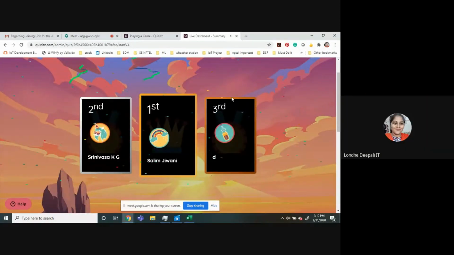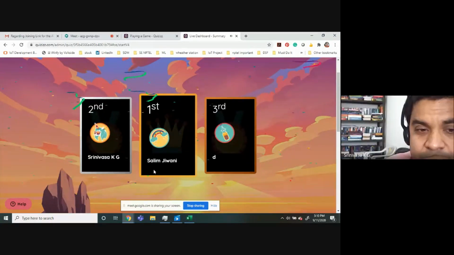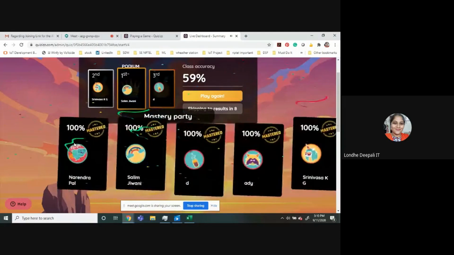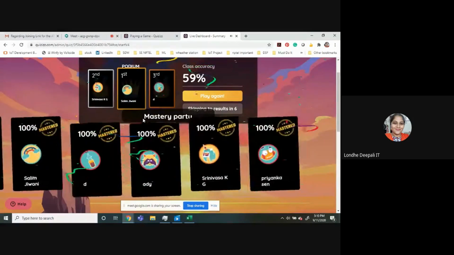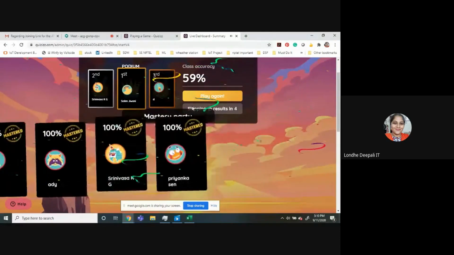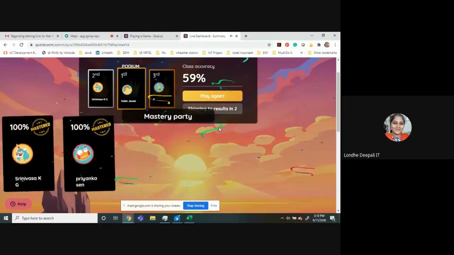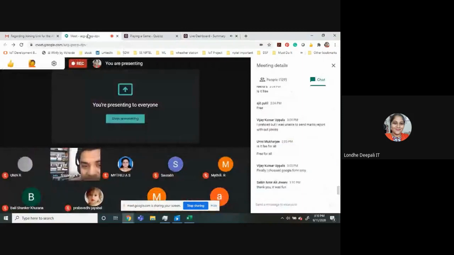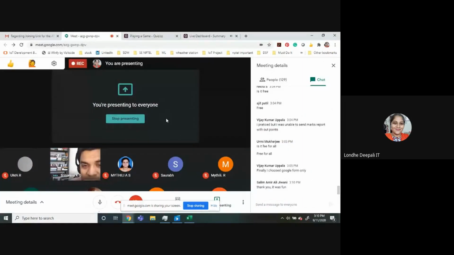You can see that first is Salim Jivani sir, then Srinivasa sir, and you can see like this. The class accuracy, the average accuracy, is given in front of you. This is a fun way to take quizzes, and you can always use this particular quiz when you are in a hurry.